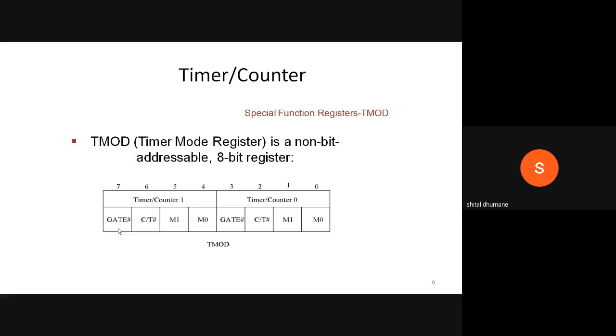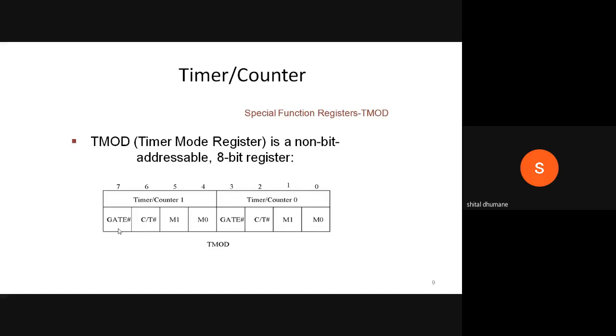There are three ways to start or stop the timer. Sometimes it can be done by software only. Sometimes it may be done with the help of hardware, or sometimes you can start and stop your timer by both ways, that is hardware and software control. So there are three controls with the help of which you can start and stop the timer. First is only software. Second, only hardware. And third is both ways, software and hardware control.